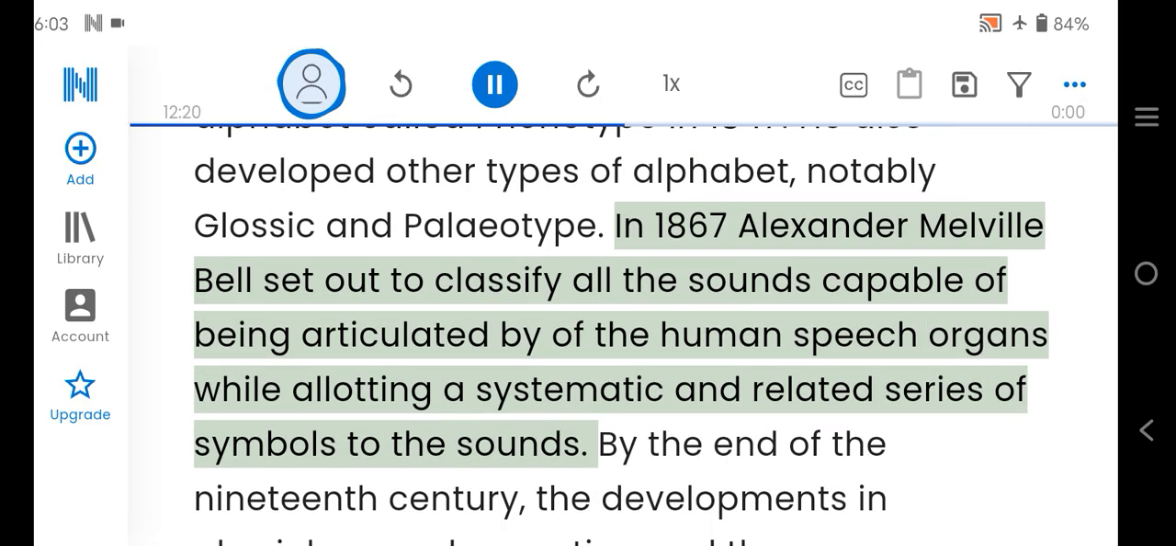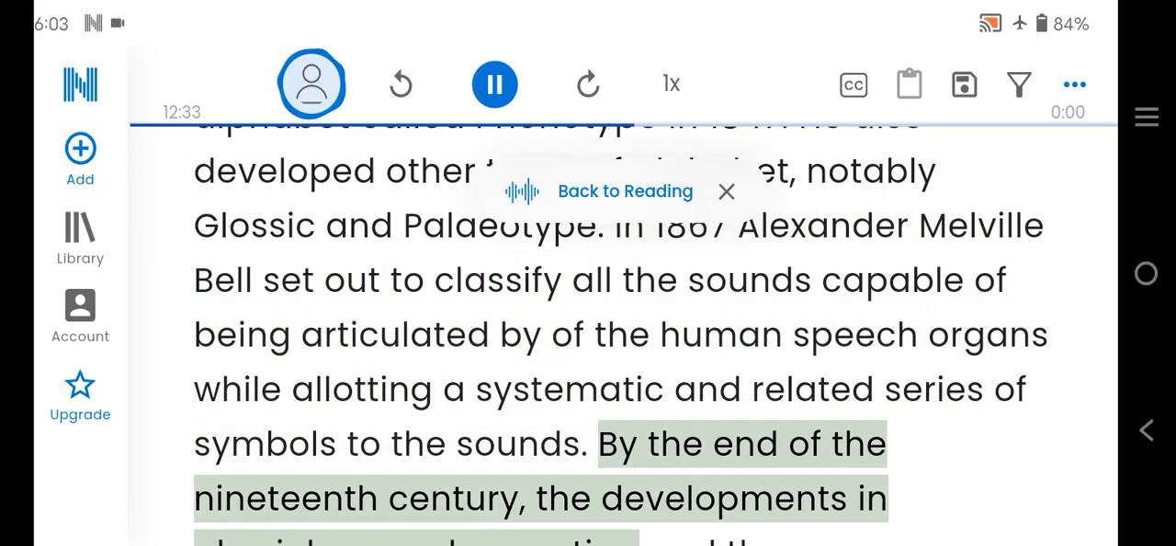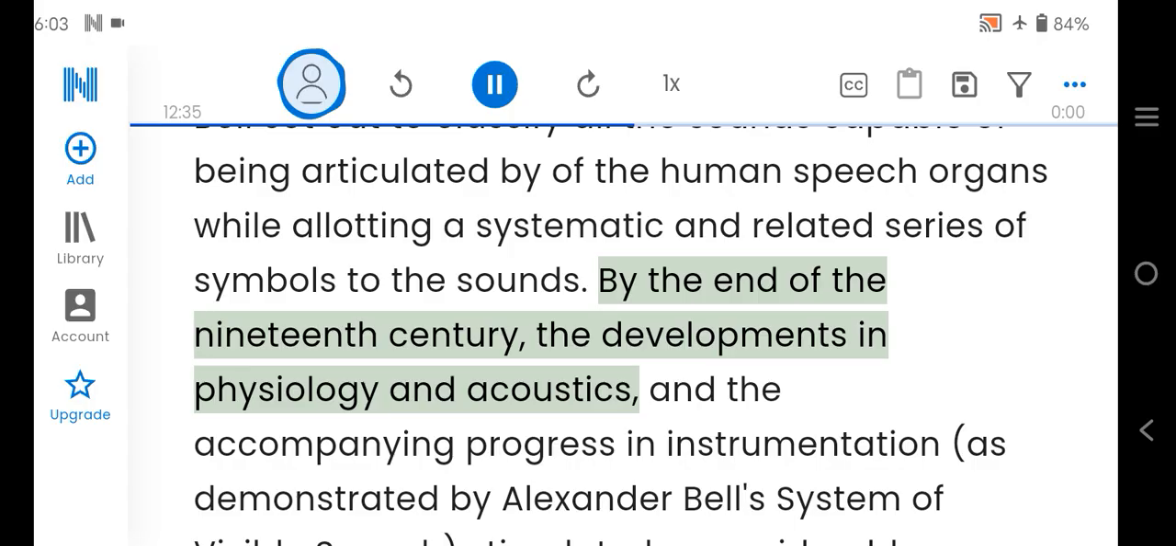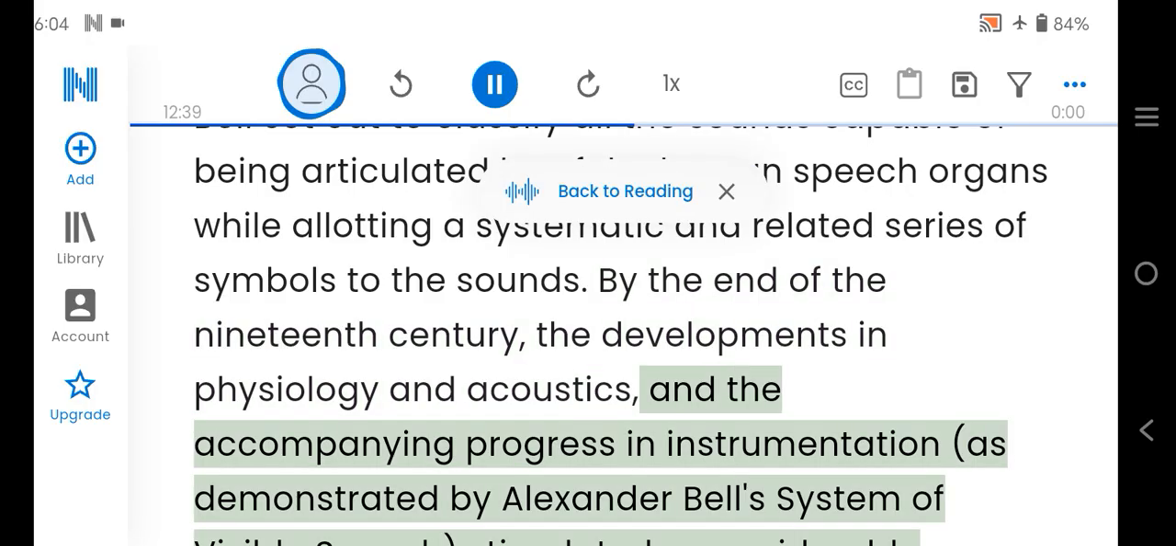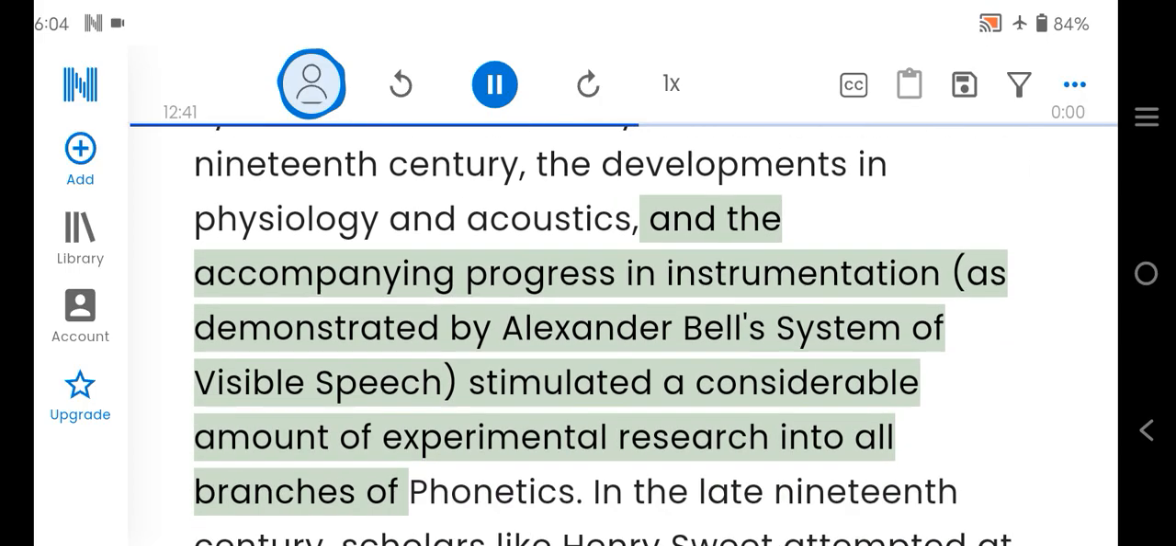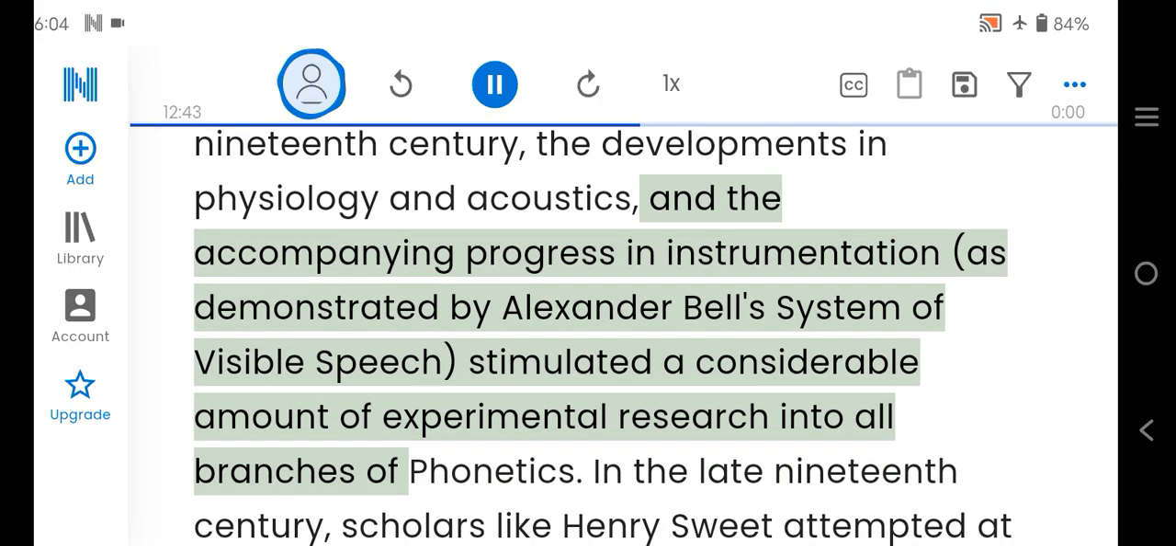In 1867, Alexander Melville Bell set out to classify all the sounds capable of being articulated by the human speech organs, while allotting a systematic and related series of symbols to the sounds. By the end of the 19th century, the developments in physiology and acoustics, and the accompanying progress in instrumentation, as demonstrated by Alexander Bell's system of visible speech, stimulated a considerable amount of experimental research into all branches of